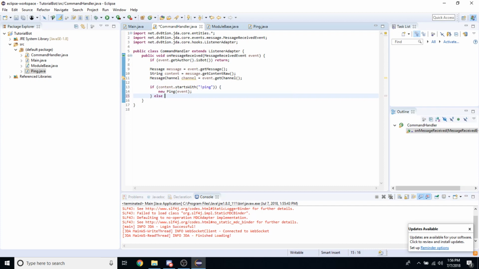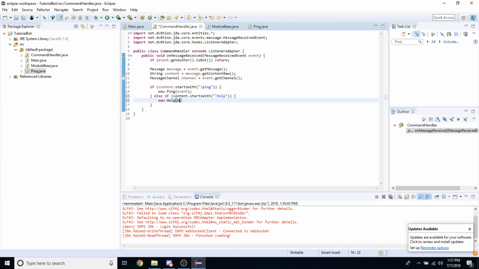Basically we're telling it if it didn't see ping at the beginning, now if we're going to see content dot starts with, and if it starts with help, then we're going to create a new help event